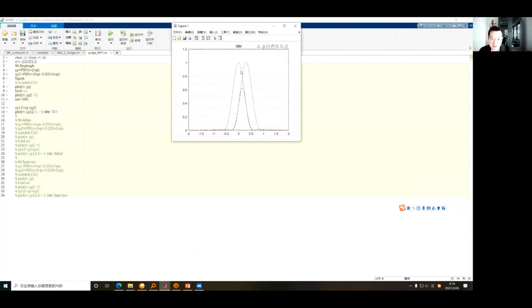As you can see, the ISM PSF is located at the half of the two. If we regard the blue one to be the excitation and the red one to be the detection, then the resulting PSF is only half of the product of those two. So bearing that in mind,